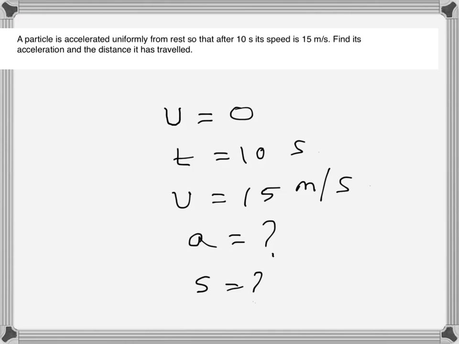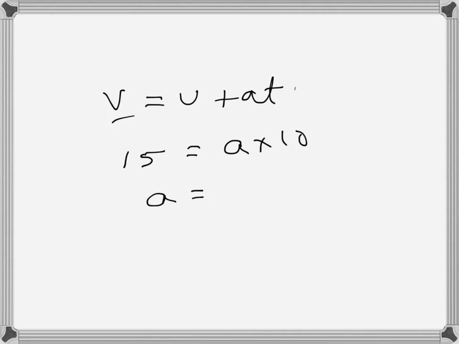So first, if we think of this equation, which is final velocity v is equal to u plus at, we know v, we know u, we know t, so we can get a from here. So v is 15, u is 0, a times 10, so a is 1.5 meters per second